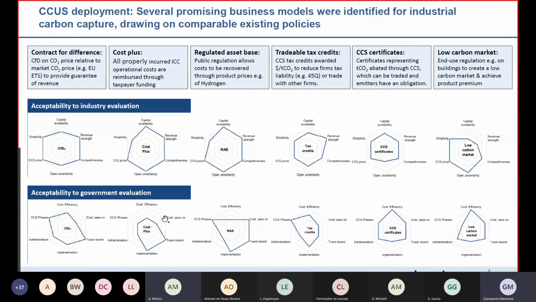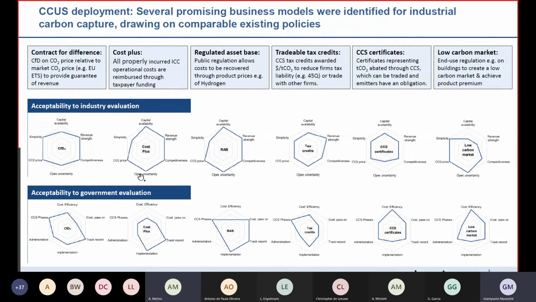But it doesn't perform very well down here, which is on the criteria around acceptability to government. So the government doesn't really appreciate this mechanism because it doesn't allow the costs to be passed on to consumers. The government and taxpayer has to bear those costs, and because it does not promote efficiency, it doesn't give the industrial company any incentive to reduce costs over time because all of the costs are reimbursed by government, for example. So this is where you see some models performing very well from an industry perspective, whereas other models performing better from